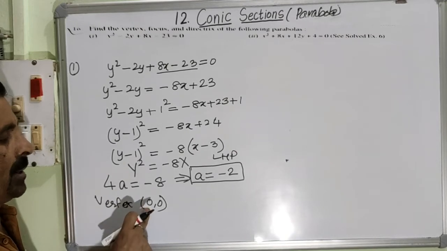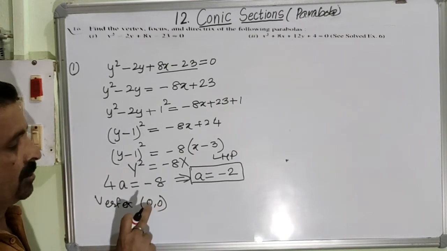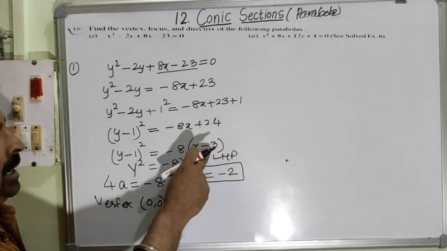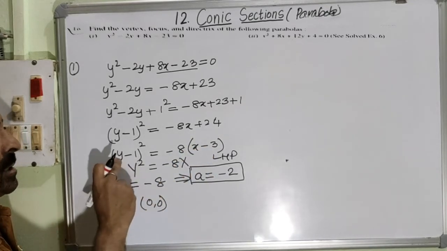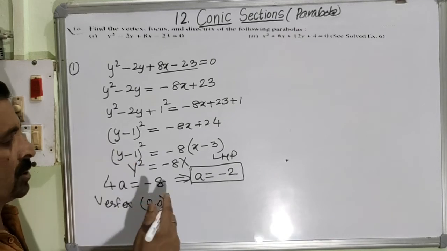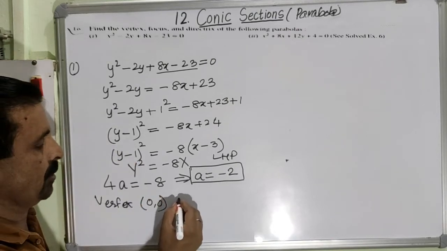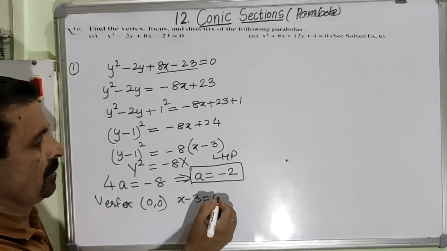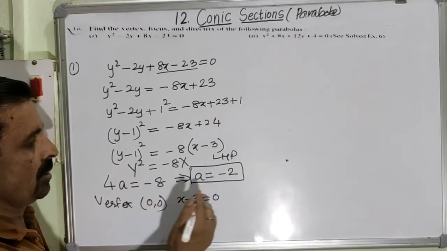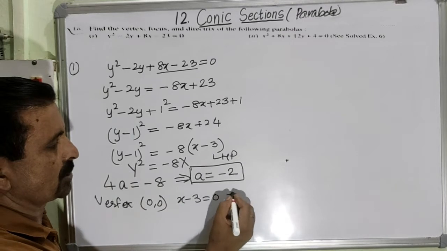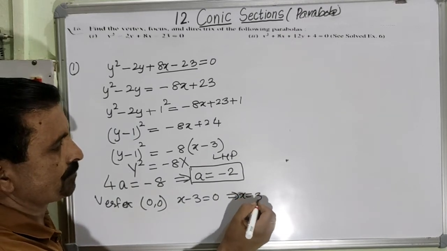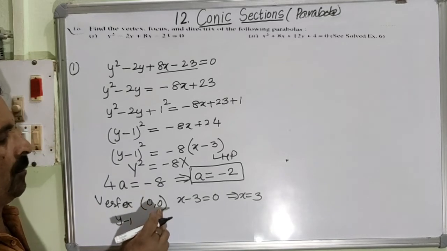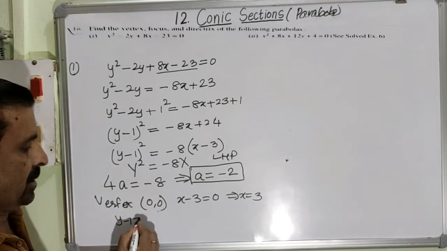So this is the x coordinate, this is the y coordinate, right? This value can be calculated by comparing with the x value, and this y can be calculated by comparing with the y value. So x minus 3 will be equal to 0. We are comparing this with this one. So we are getting the value of x as equal to 3. Likewise, y minus 1 will be compared with the value of y, and this is equal to 0,